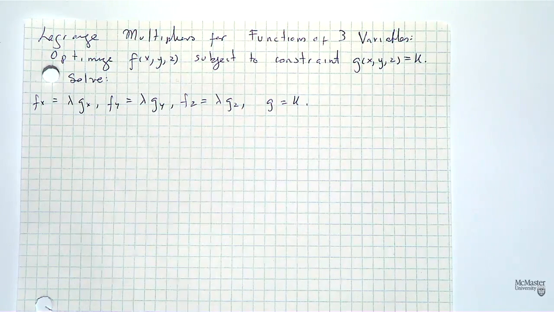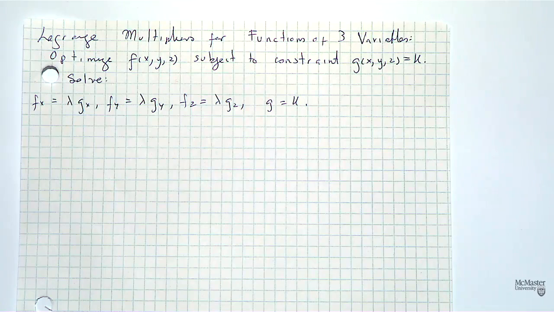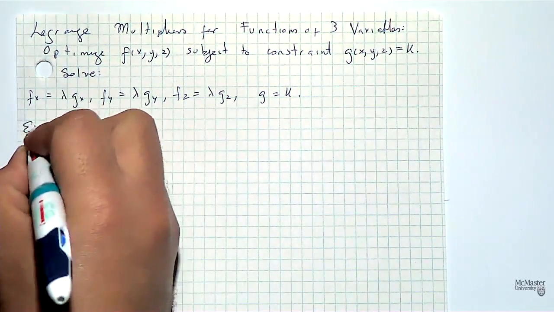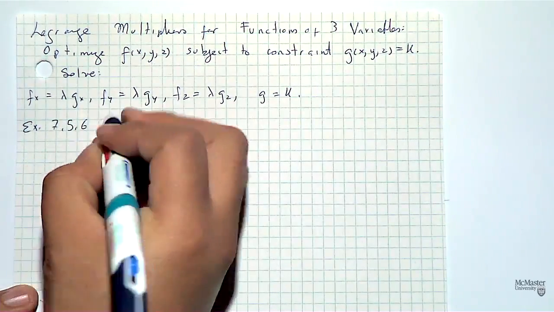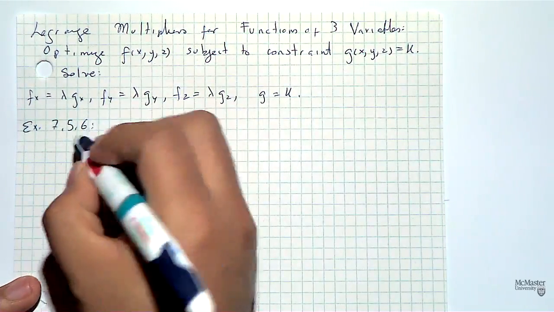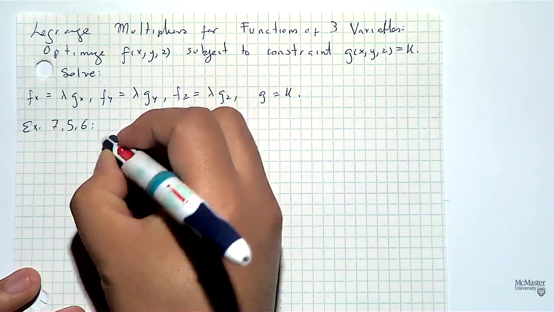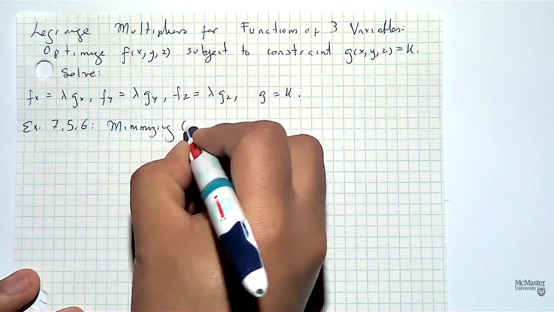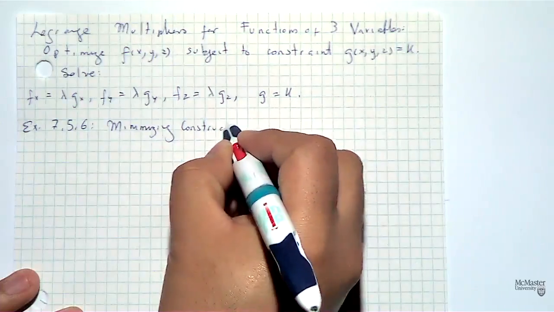It might not seem that complicated. It takes time. Okay? So especially when the system of equations is not linear. If it was linear, okay, maybe you can do Gaussian elimination, that stuff. If it's not, it depends on which kind of functions you have, and then you have to refresh your algebra. So the problem, to see how this is done, is 7.5.6, which is related to minimizing the construction cost